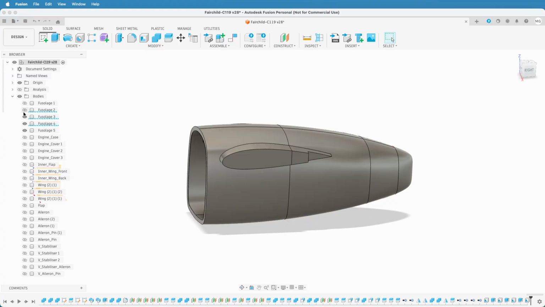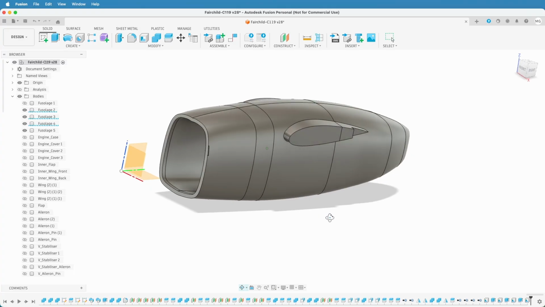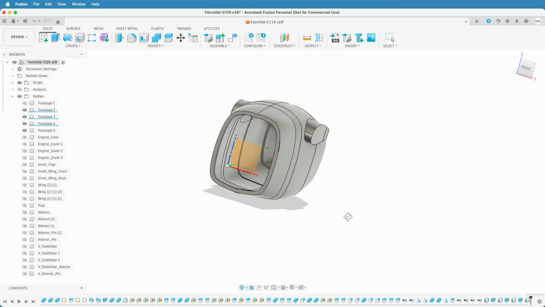So here we have the full fuselage shelled out